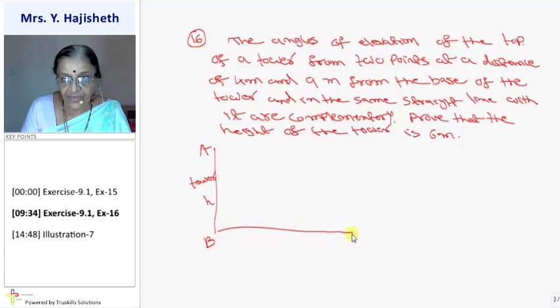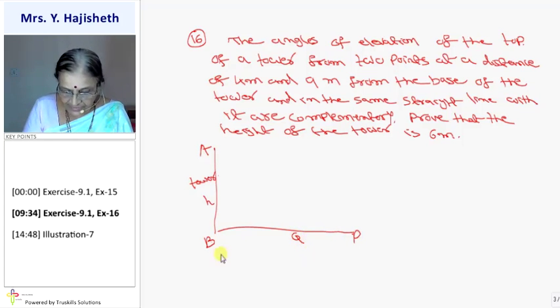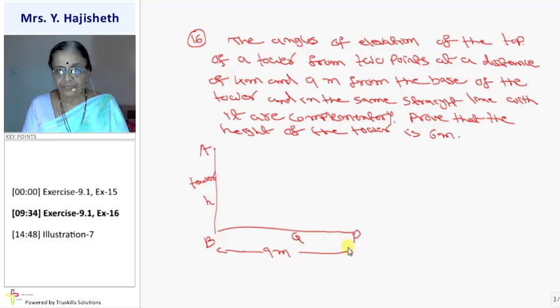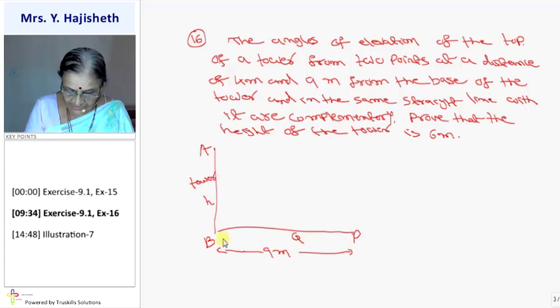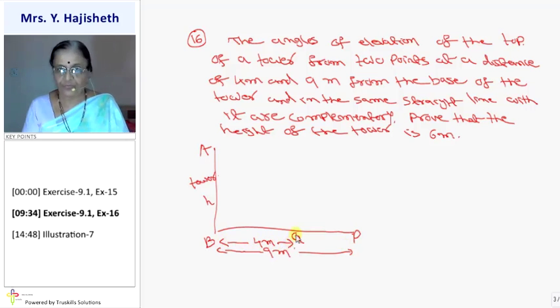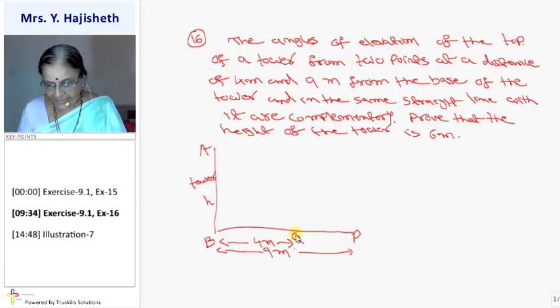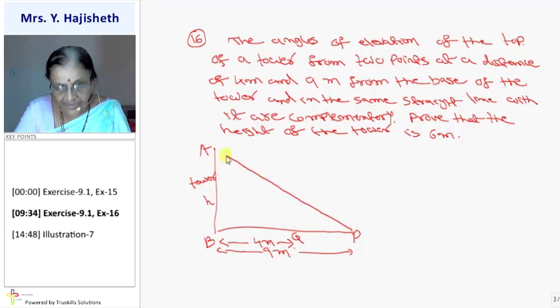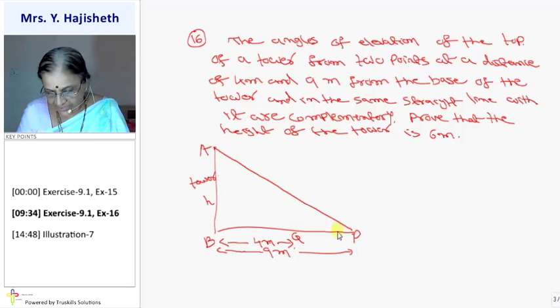One is P, another is Q. P is at a distance 9 meter from B and Q is at a distance 4 meter from B. And the angle of elevation of the top of the tower from P as well as from Q